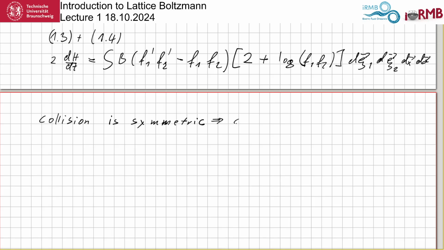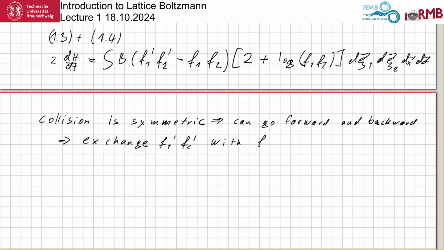So we can go forward and backwards. Which means we can exchange the after-collision part with the pre-collision part. And this leads to 1.6